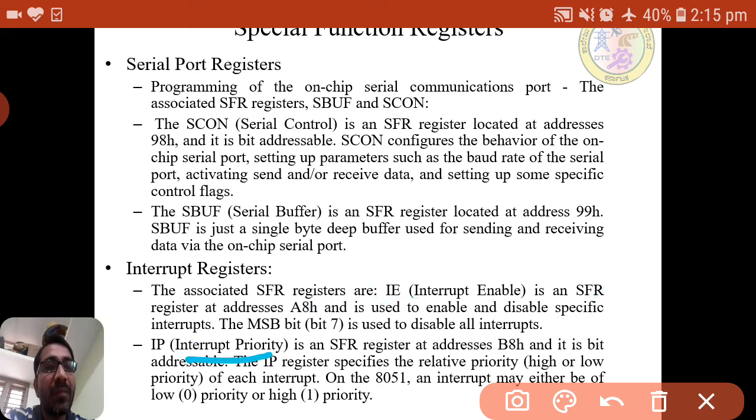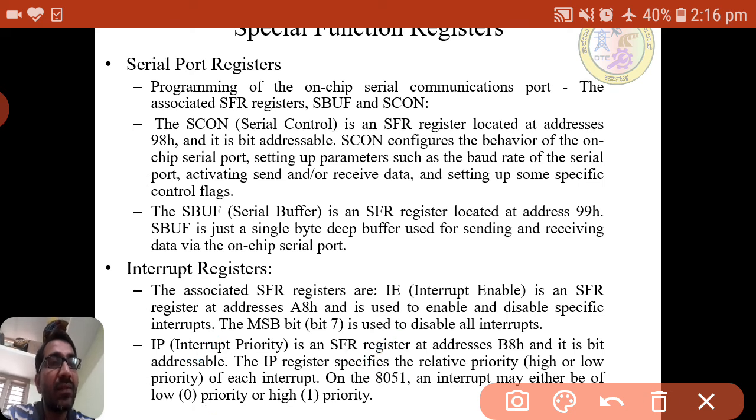Similarly, interrupt priority. When many interrupts are enabled at a time, which interrupt do we need to give priority to? Priority means which interrupt we should give the chance to first. We can set that priority by writing 0 for low priority and 1 for high priority.